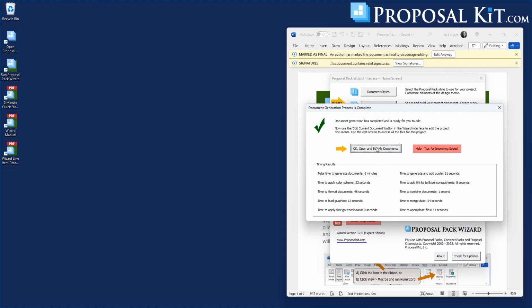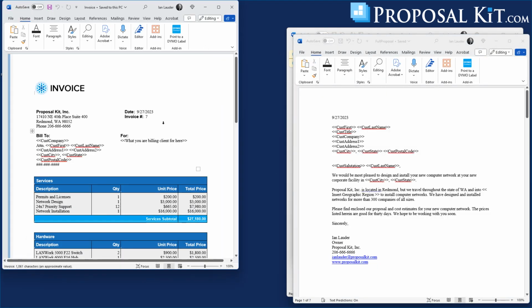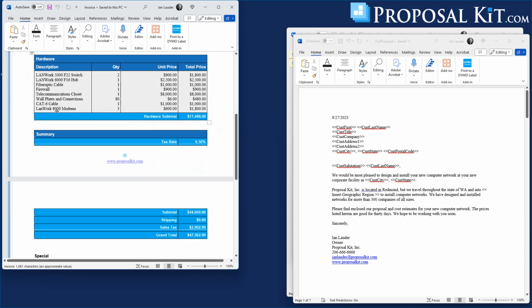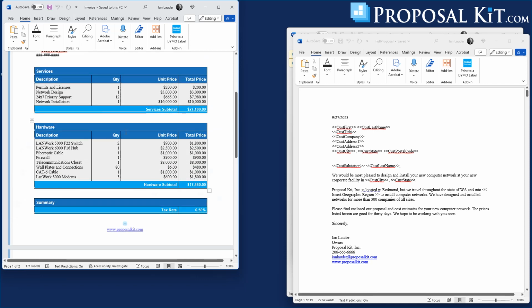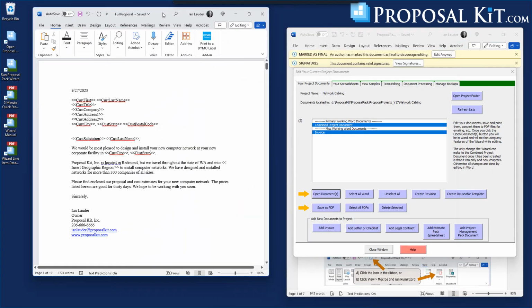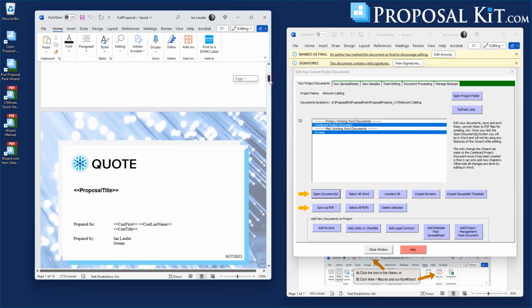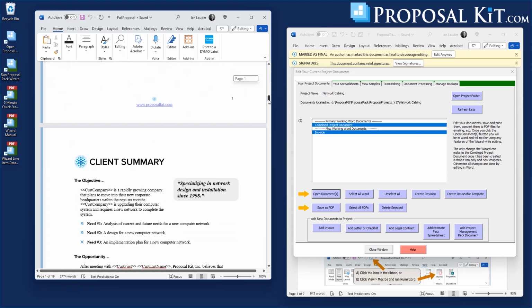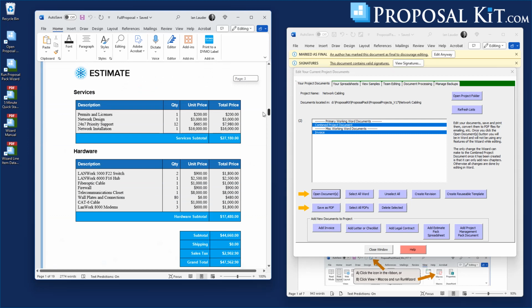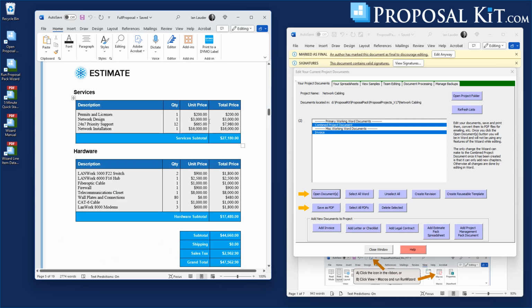All right, this document's been generated. Let's take a look at it. You can see the invoice here has the services, the hardware, the full document. This is the full network cabling sample. So you'll see on the estimate page the layout for the quote,